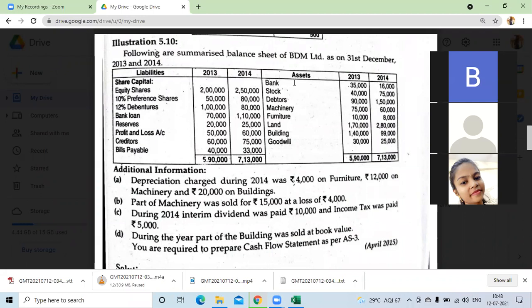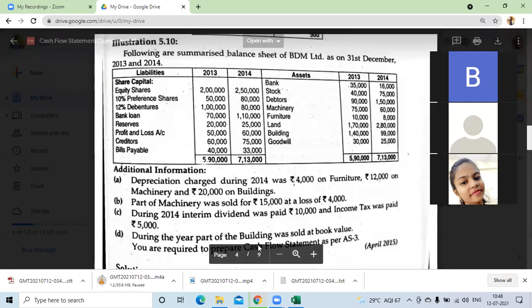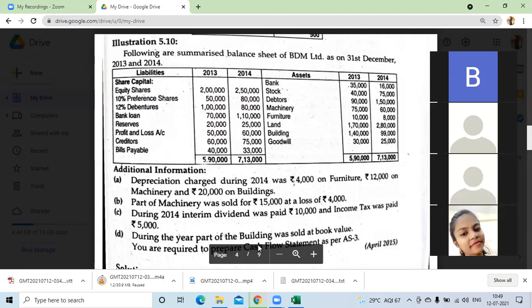Okay. So now tell me, the difference between 1,70,000 and 2,80,000. 1,10,000. 1,10,000 land is purchased. Tell me, purchased land, is it operating or investing activity? Investing activity. Land purchased, investing activity. Add or less? Less. See, many students think that because land is purchased, land has come in. But we don't have to think about land, cash is going out for us. Yes. We need to think about cash. Very good, Shabnam. Cash goes out, land comes in.